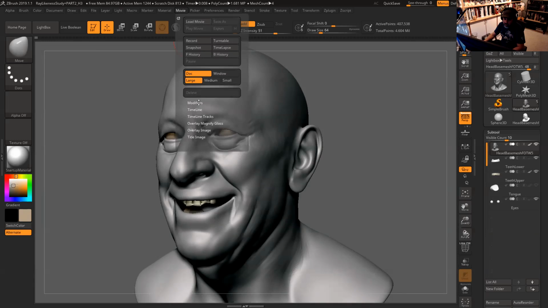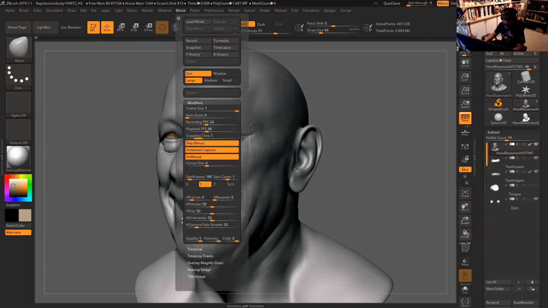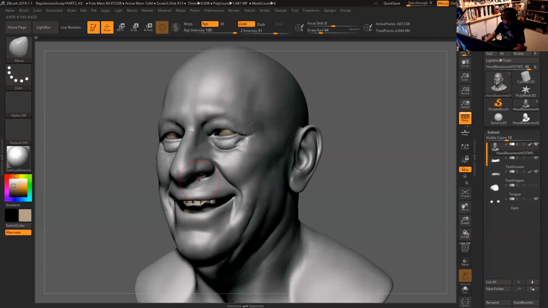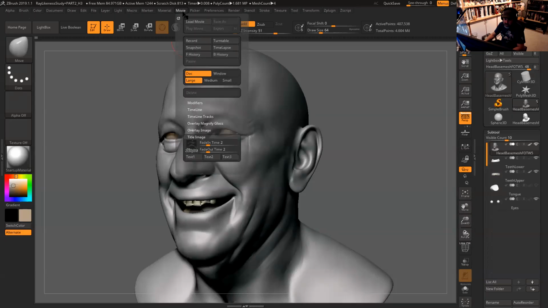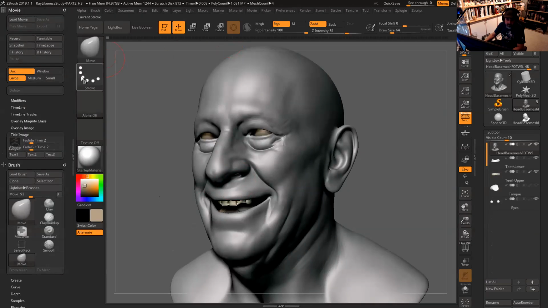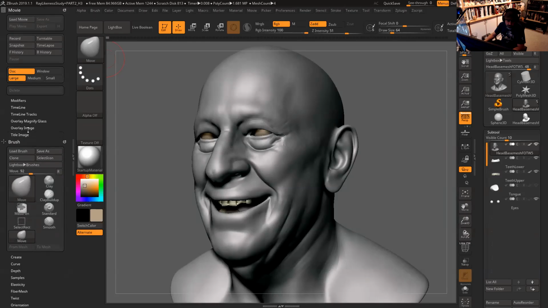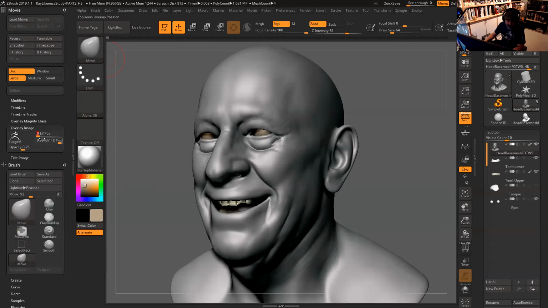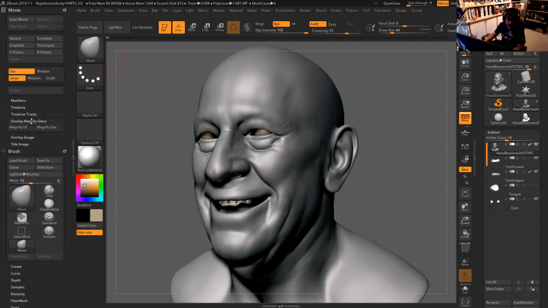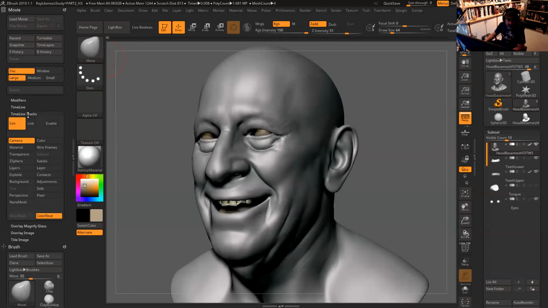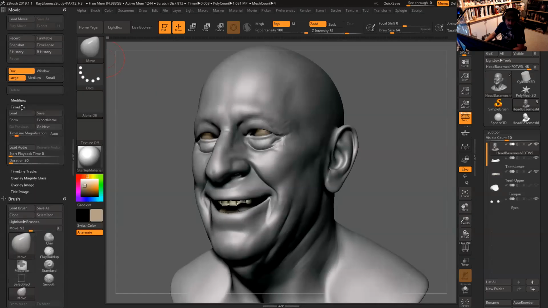And then if you go to Modifiers, there's a couple of things in here. Let's open up all of them. So title image, sorry, let me just dock this to the side so you can see it. So title image, we don't need to put the logo from Pixelogic in there, so 0 everything. Overlay image, same thing, just undoing it. You know, opacity just at 0, you don't need to move those ones, but just opacity 0. And magnifying glass, don't need to worry about it. This one, you don't need to worry about the timeline stuff.